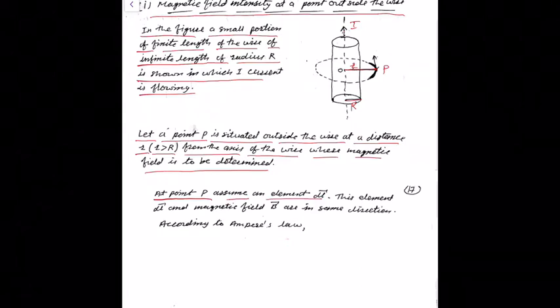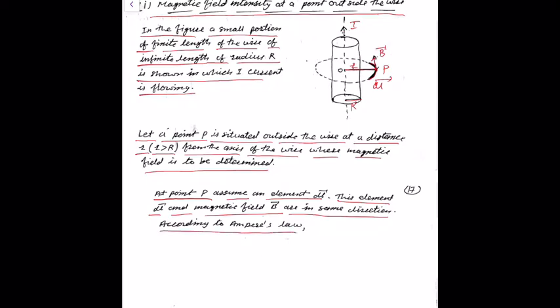At point P, assume an element dl. This element dl and magnetic field B vector are in the same direction. Here B, magnetic field tangentially. According to Ampere's law,